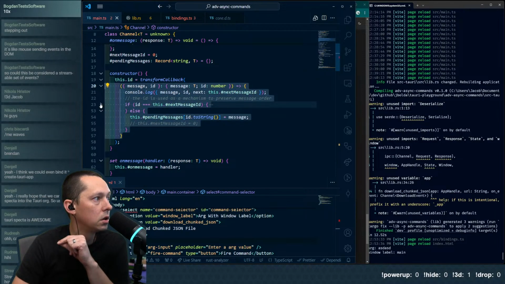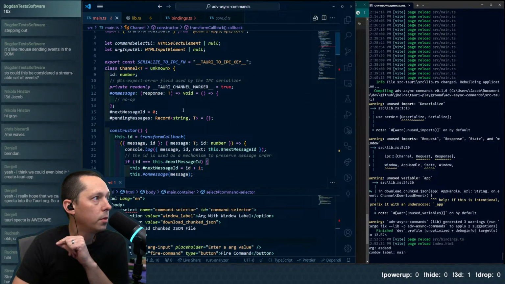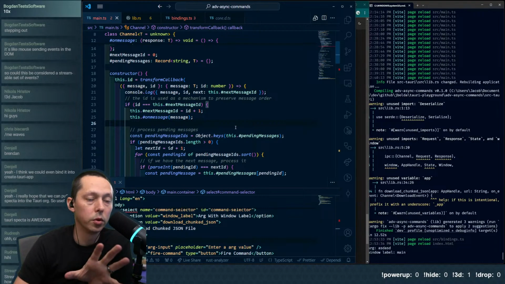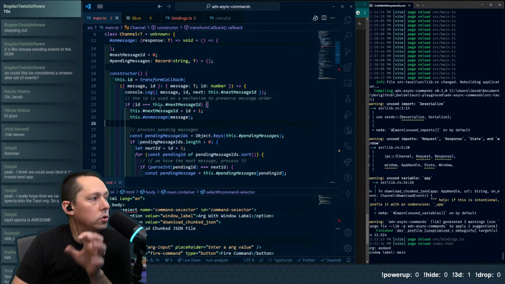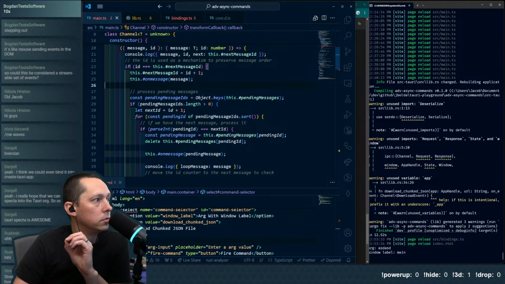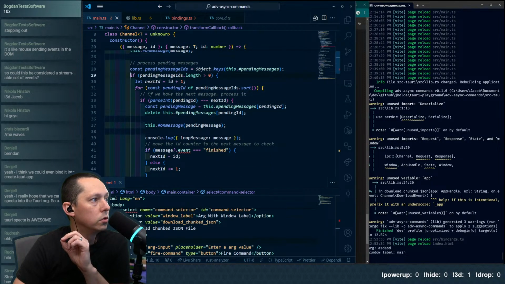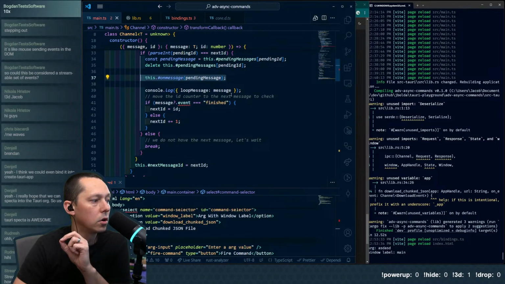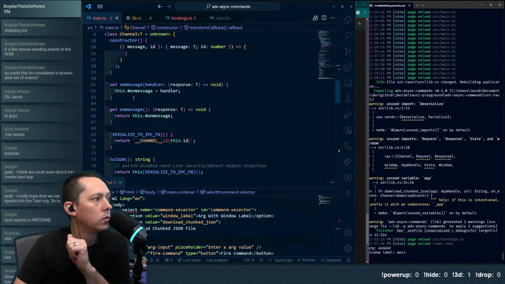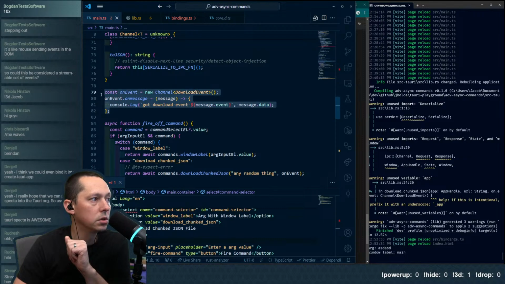And in this case, the API imported from Tauri, that channel basically does a message log, and it fires off and loops through the messages that it receives, and then passes it off to the handler that we've defined, which in this case is the same as in the example.